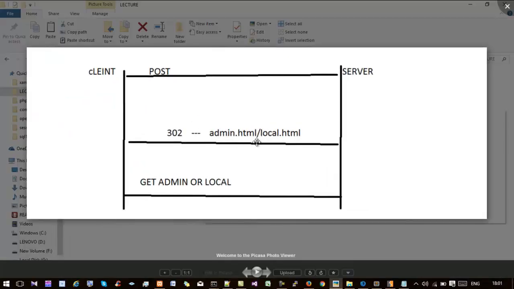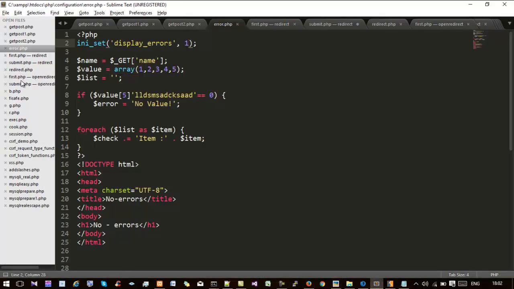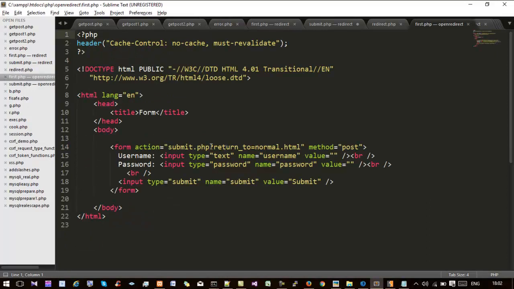Another kind of redirection error we see in PHP is, first we send a POST, then in the POST URL form action, some queries will be written. Based on the queries, they will do the redirection. In the code I will show you. They will write the form action like this: submit.php?return_to=normal.html. This also happened in one famous website. In that return_to, they were planning to send the user to normal.html. So what we can do,